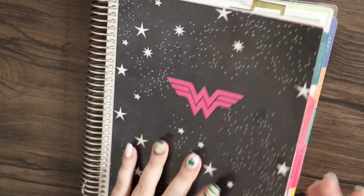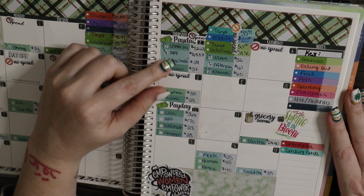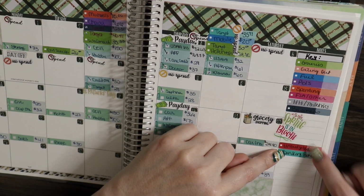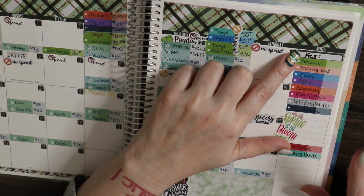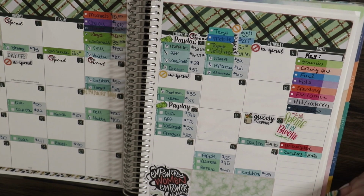So let's get started. This is in my Erin Condren monthly. So I do set it up this way. I do list all of my bills I pay, plus I have a color coding system for my cash envelopes and sinking funds and things like that. I actually did get this idea from Jaywhackers here on YouTube. She's actually, I believe, another Michigan YouTuber too. She did this and it just was like a ding ding ding moment for me, a light bulb,